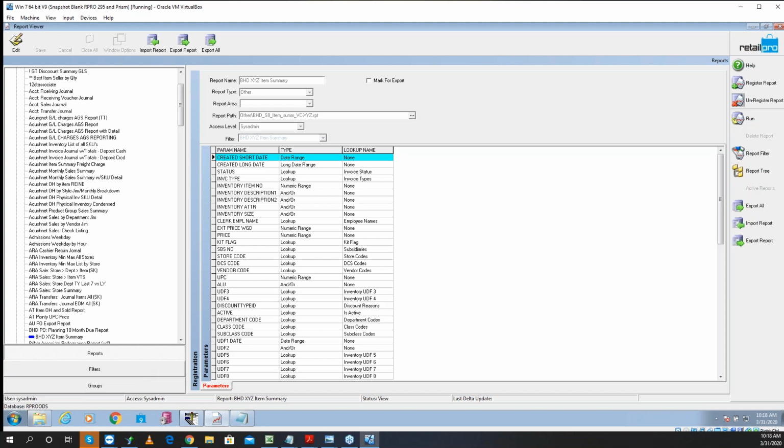Oh, excellent question, Robert. Why does it have to be entered manually? Well, what's going on there? So Robert asked the question. I should let everybody know what it is, right? If copying the report, why does it have to be entered manually? Remember that what we've got going on here is we've got Retail Pro using a proprietary Oracle database. So what we're doing is we're taking a regular Crystal RPT report file, and we are connecting it up to the Oracle database. So whereas in version 8 and previous versions, version 5, 6, 7, those are all the versions that I was using mostly,